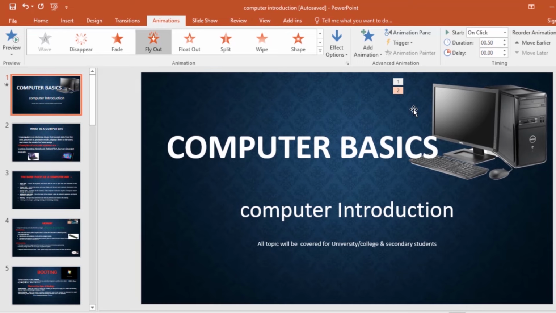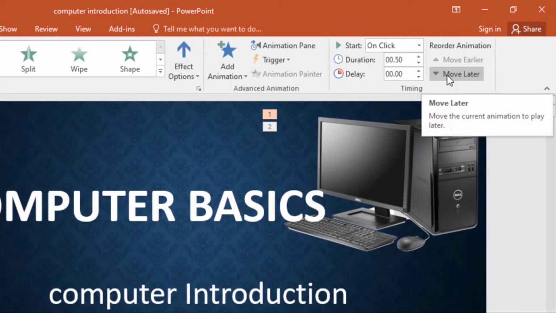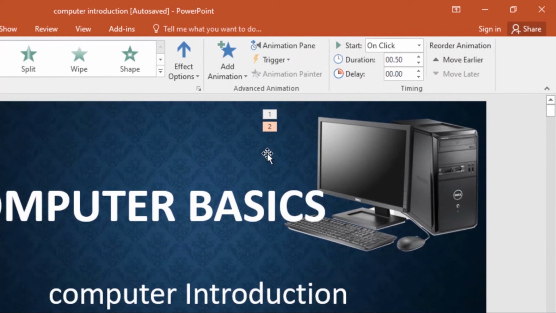Now you can choose to reorder the animations. So if you want to reorder the animations, just select the number of the effect you want to change. So let's say I want the fly in effect to come after the fly out effect. So I'll select fly in, then under the animations tab, I'll come to move later. This is the reorder animation command group. I'll select move later, and it will be the second